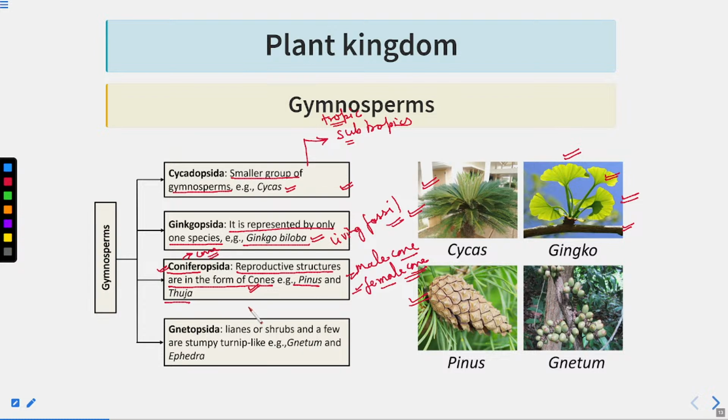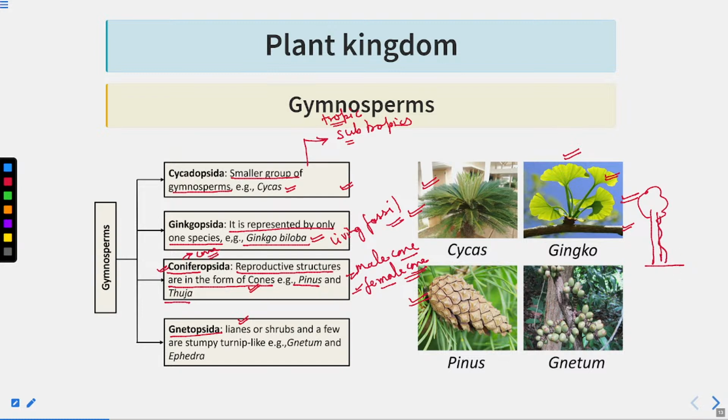Now, the next one, the fourth one, that is the Gnetopsida. So lianas or shrubs, generally they are in the form of lianas. So what are lianas? Lianas are the weak plants that climb. Suppose there is a tree. So these weak plants,